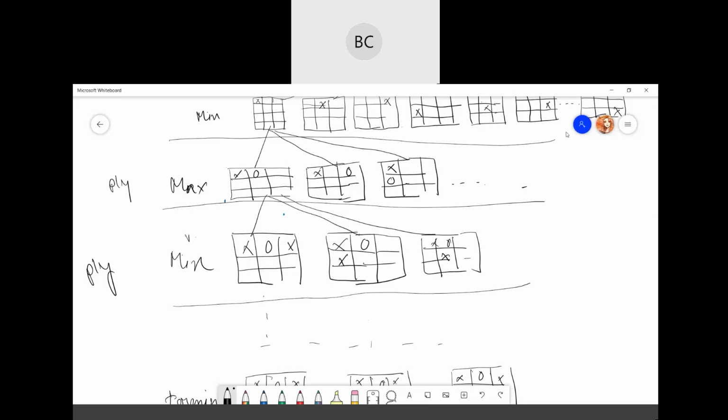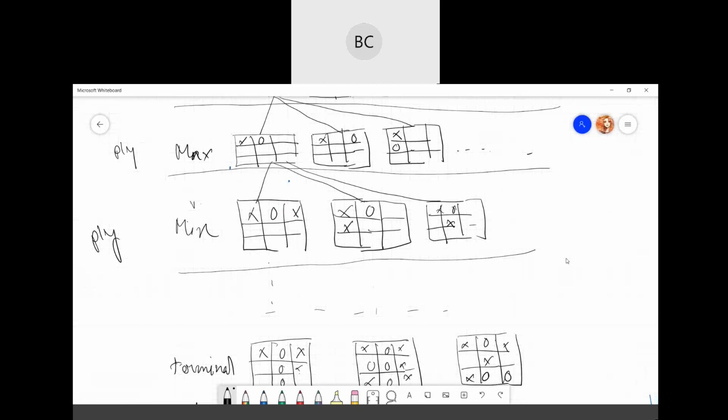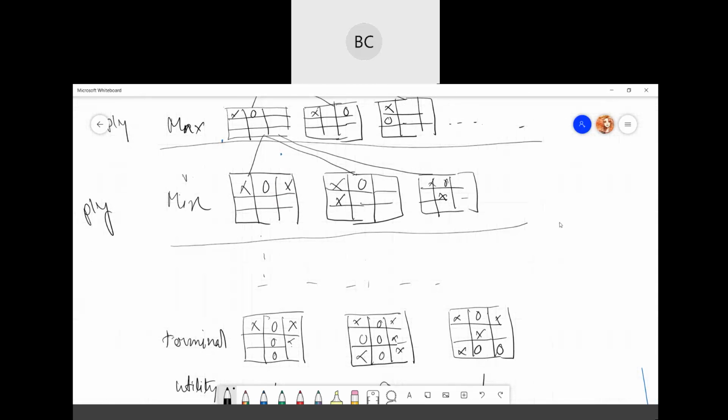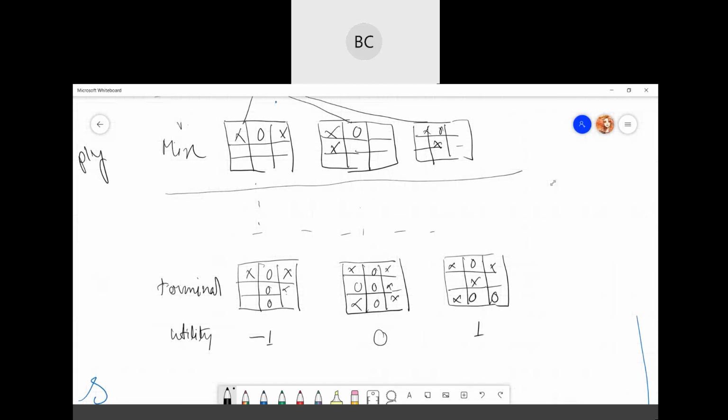So here either Max will win or min will win, or it will be a draw. The adversarial search minimax procedure will always try to find an optimal strategy for max to win the game. So this minimax value we can define.